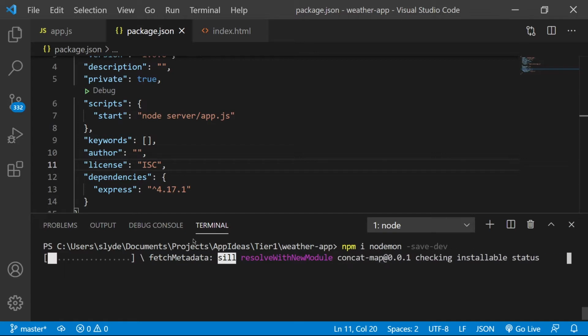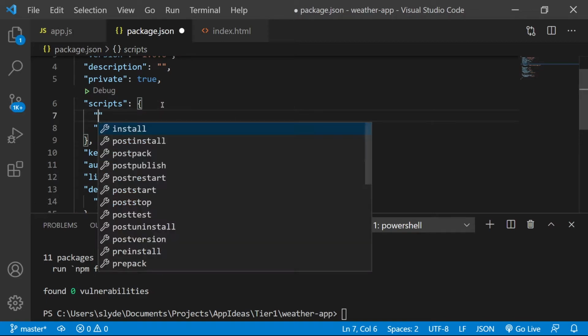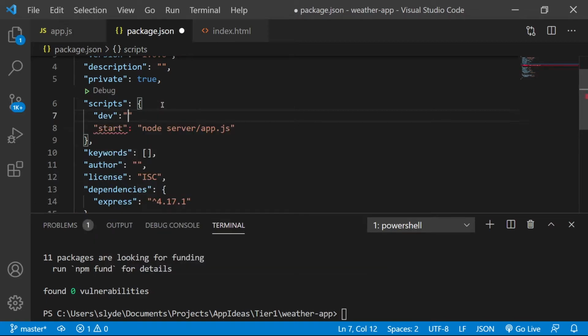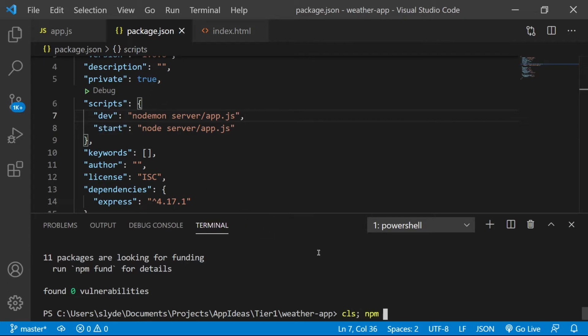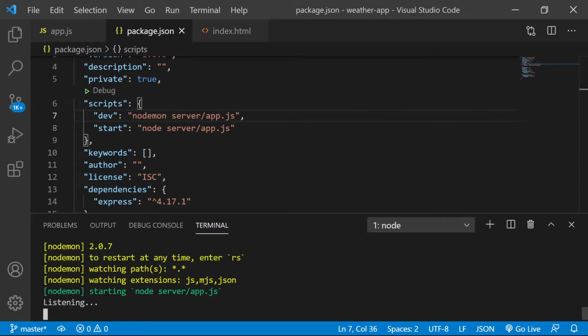Instead of using start with only node, I'll create another script called dev, and I'll use nodemon. I'll still pass in the same argument, server app.js, but this will listen to file changes and restart the server accordingly. If I do npm run dev now, I can see it's listening.